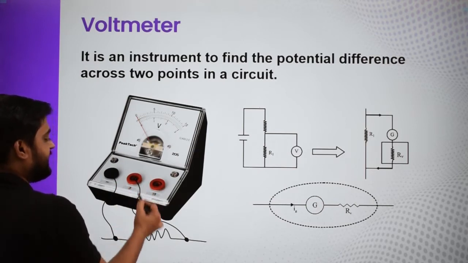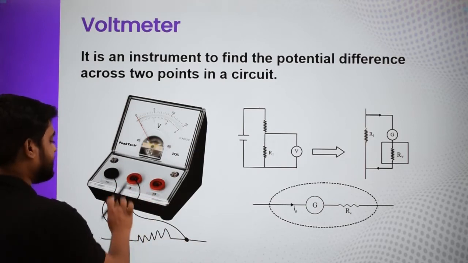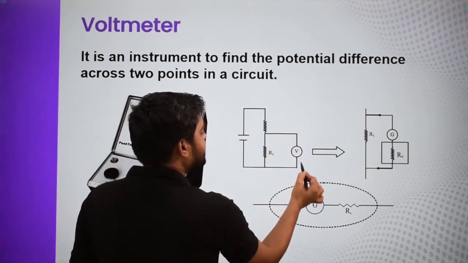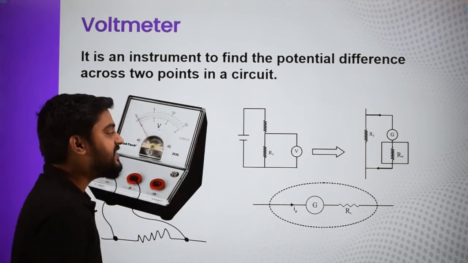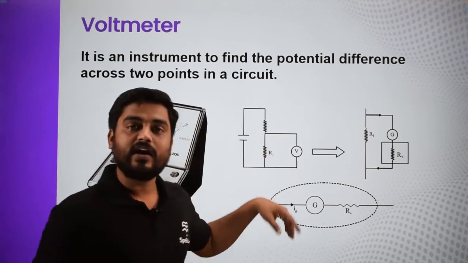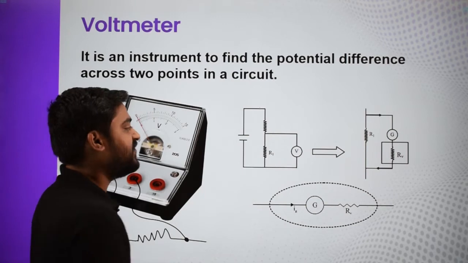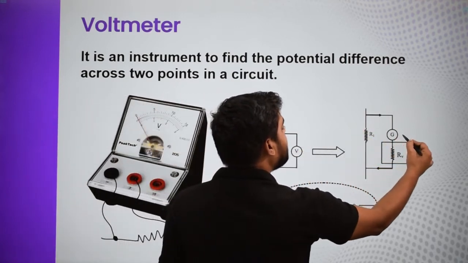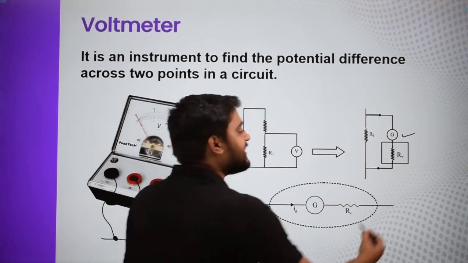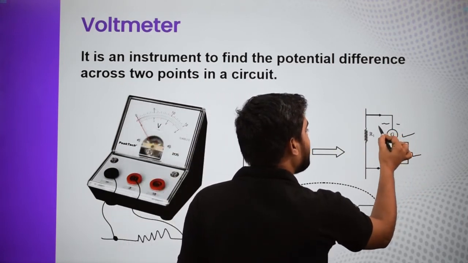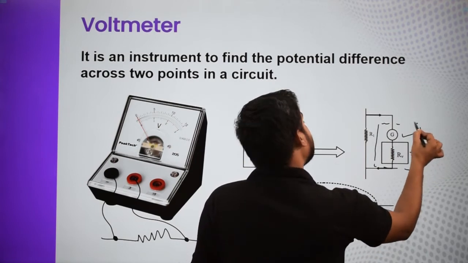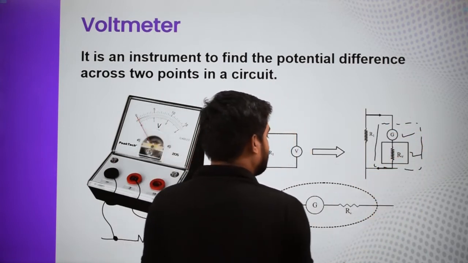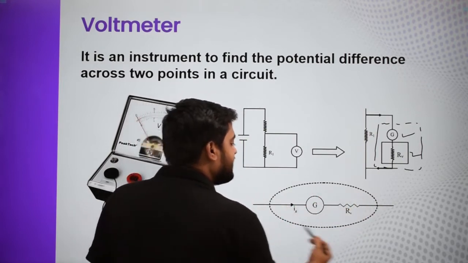Now this is connected in parallel. If you see, this is a connection in parallel. So this is shown over here: this is the resistance and a voltmeter is connected. Now the voltmeter symbol is simply V. We just make a circle and write V in it. And if you see what a voltmeter is, inside a voltmeter again there is a galvanometer and another resistance, and this entire combination, a galvanometer plus a resistance in series, is my voltmeter, which is shown over here. This entire thing is the voltmeter.